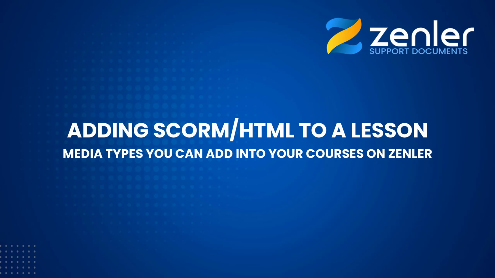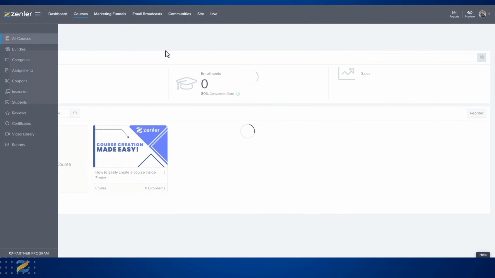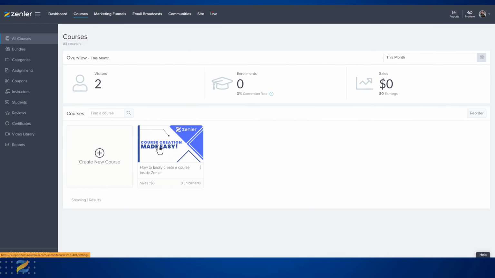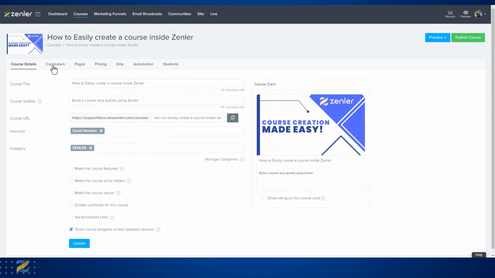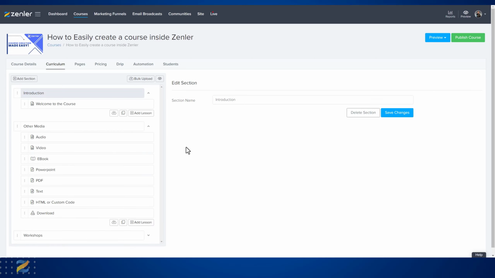Uploading an HTML or SCORM package to your Zenler lesson type. Let's go from the dashboard to courses and scroll across to our course and to curriculum. Let's create a new lesson type, add lesson,